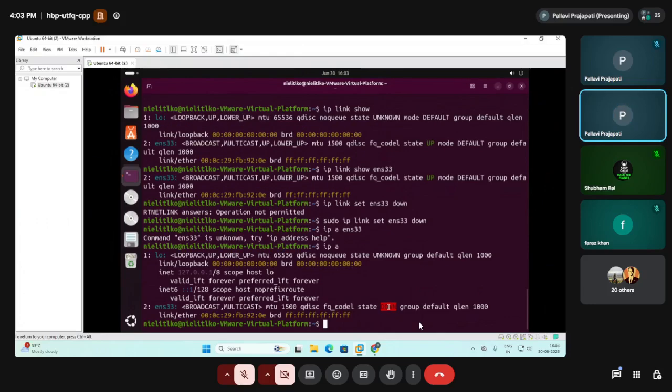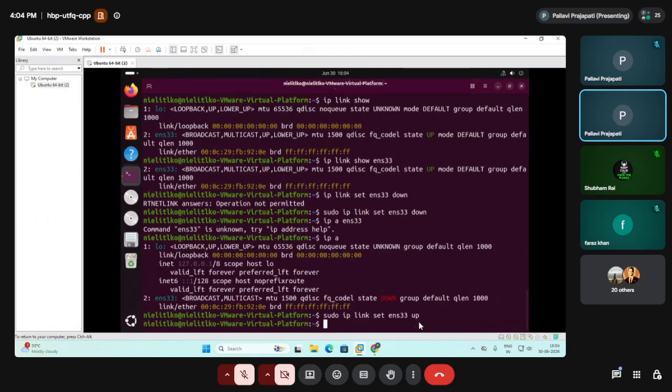Now if you want to enable it, you will use the same command, ip link set, the name of the interface, and you will write up. So in this way you can disable or enable any interface. Now you can verify it again.